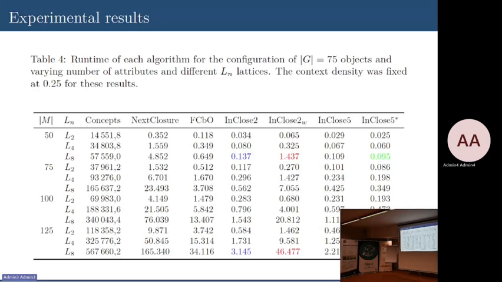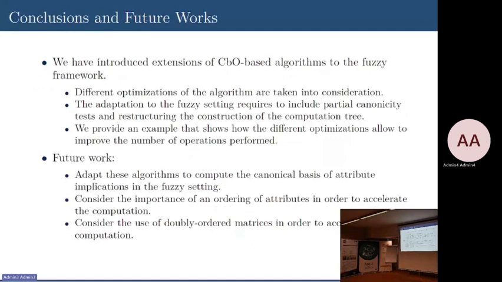Again, when the case is worse, so we have a bigger table with a big number of truth values, notice that Enclose 2 with the wrapping strategy takes a long time, which is basically more than 10 times more than Enclose 2 with the native fuzzy strategy. And again, the Enclose 5 with the improved pruning and the jump gives almost half of the time of this Enclose 2 algorithm. So we have introduced native fuzzy strategies for computing the concept